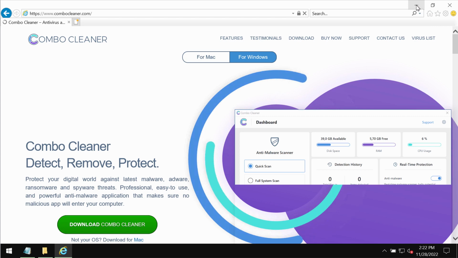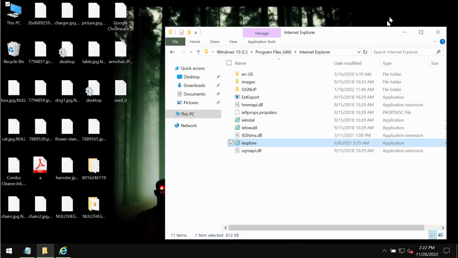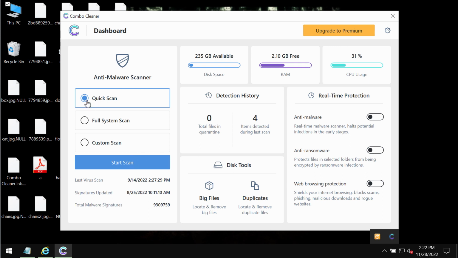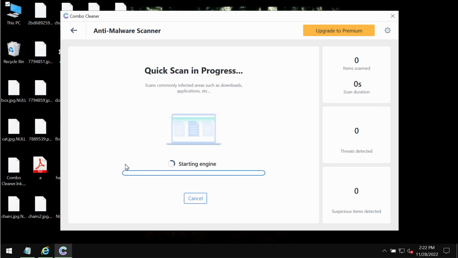Please get it on the page combocleaner.com, download it, install it, then the program will be initially in the trial mode. Click on Start Scan. In the trial mode, only Quick Scan option is available. Most likely, the software will first of all update its anti-malware database, which is definitely essential for proper detection and